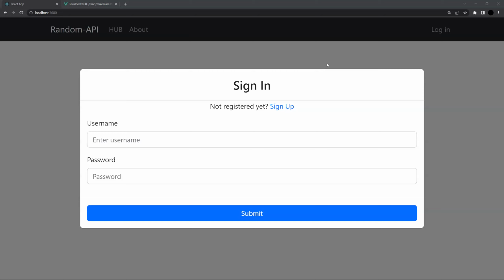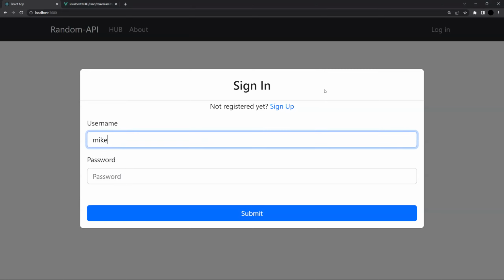Maybe it's just more fun. These are just examples of when we can use that application, and it's created more for developers than for normal users. So let's sign in to our account